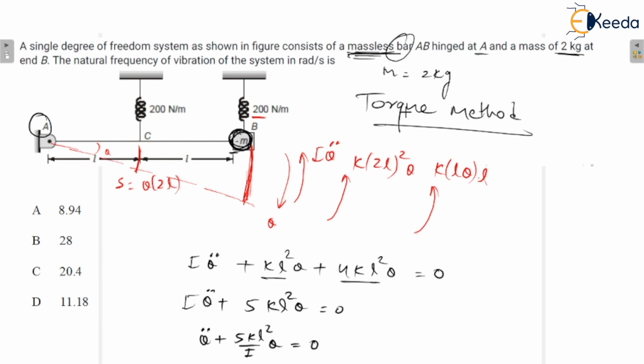But if I practice a lot of questions on the torque method, then I should apply the torque method in the examination. I'm not saying that this question can only be solved by the torque method. It can also be solved using the Rayleigh method or the energy method, but it is easy to apply the torque method. So here we have applied the torque method, and I just have to write down the torque equations. As you write them down, you'll be able to get the answer. So this would be the final answer. Option D is the correct answer for this question. I hope you will not have any doubt here in the question.